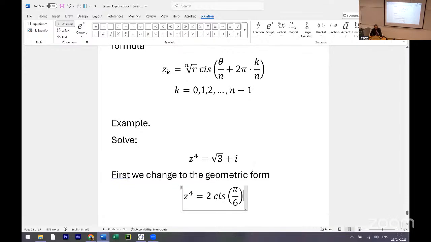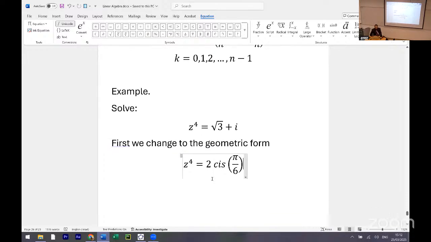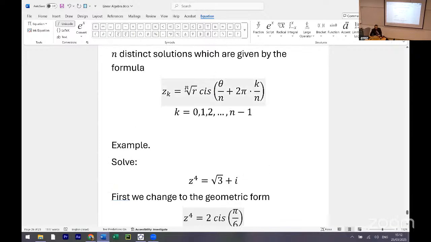That's why I wanted an example that we had before; I don't need to calculate the geometric form. Okay, so therefore, the 4 distinct solutions are, listen closely, z_k equals,